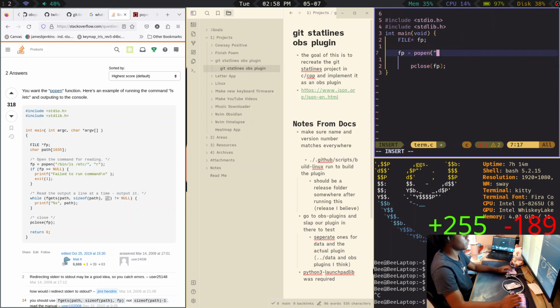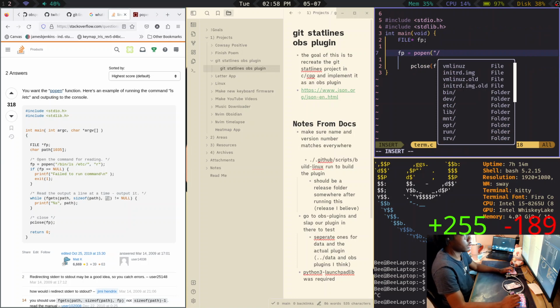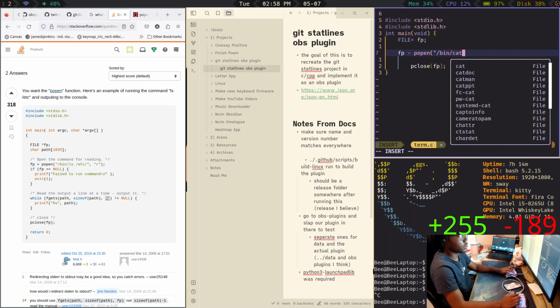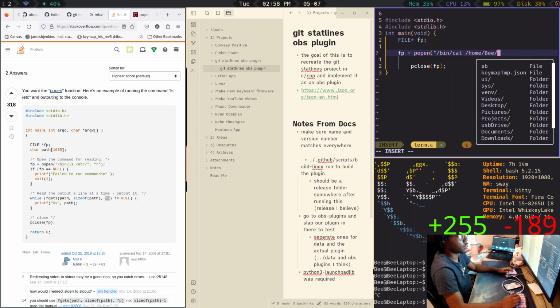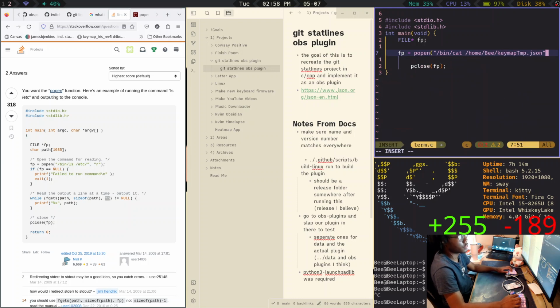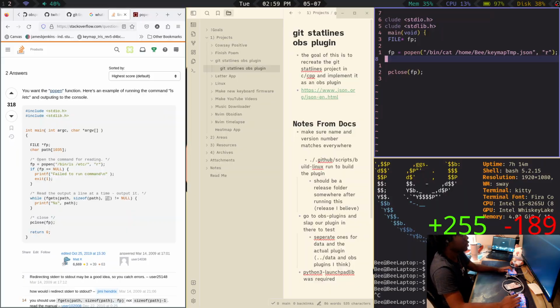And then we fopen, and then this is the path going to there, and then we want the actual file we want the cat to. So let's say home, sure, let's go with keymap.json. And then that's that, I think. Oh no, you need to set that. Set it to read only.